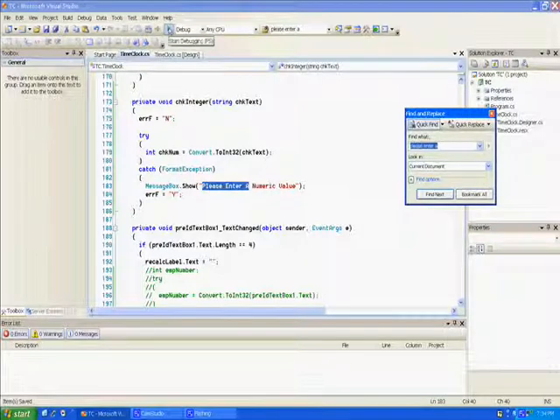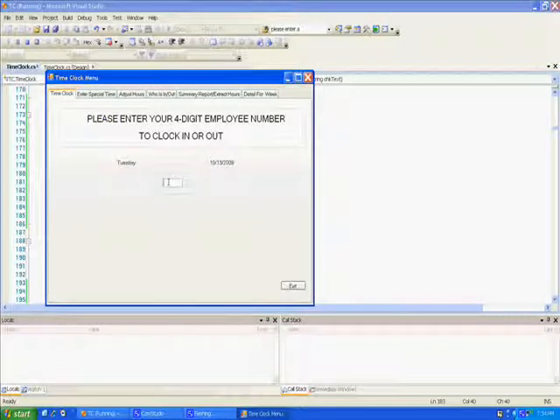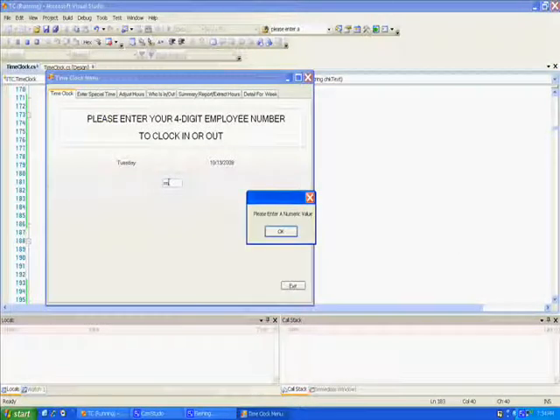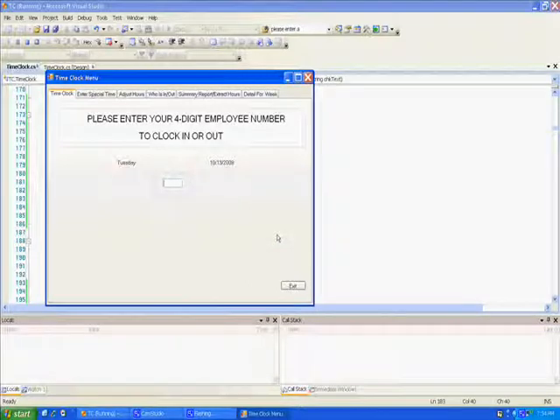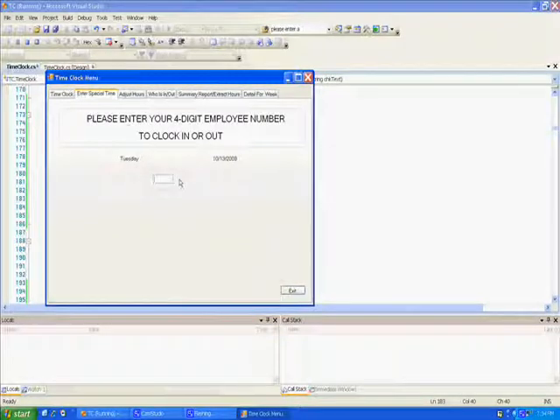Anyway, let's compile this and run it. And this was quite a bit more code than I thought it would be. 1, 2, 3, 4, 5. So there's the message. And so let's see if it's going to do it. Gave us a message there. And on this one, let's say